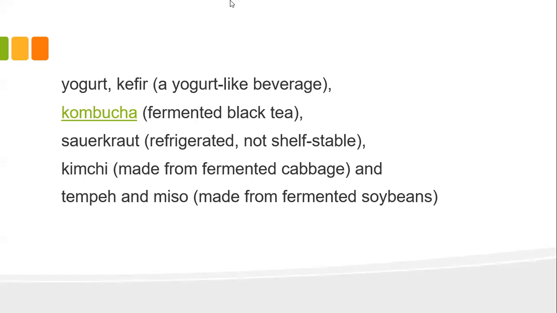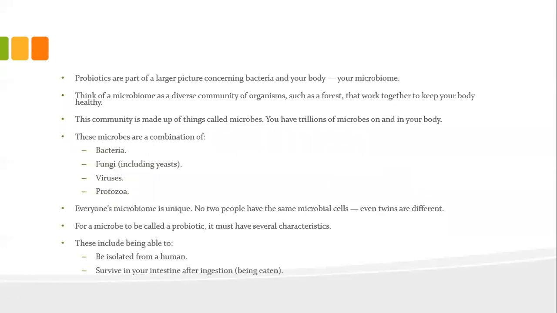So each culture has different ones. In India, the most popular probiotic is yogurt or curds. In Europe, it is kombucha. In Japan and Korea, they use soya beans because that is what their native probiotics were, because they had more soya milk, or we had a lot of milk. In some of the Korean regions they use cabbage because it was one of their staple foods, and they found how to ferment it and use it.